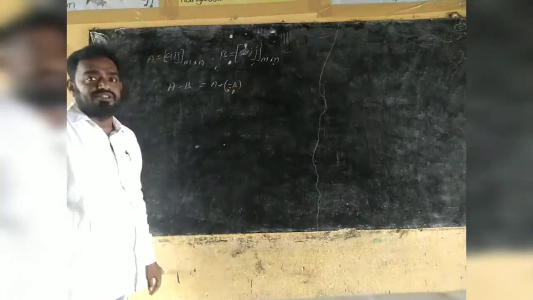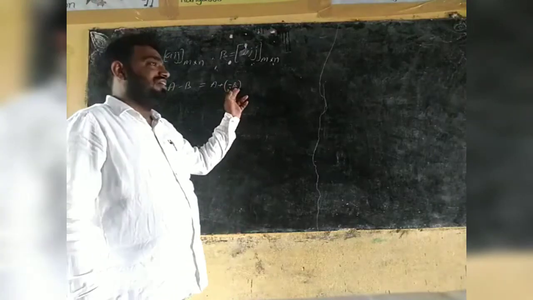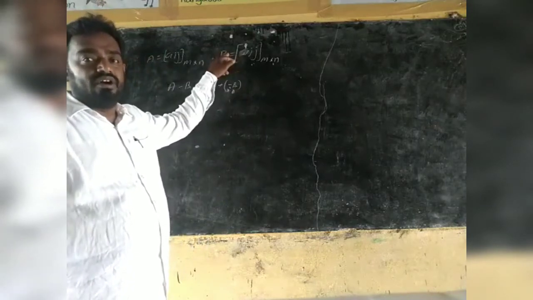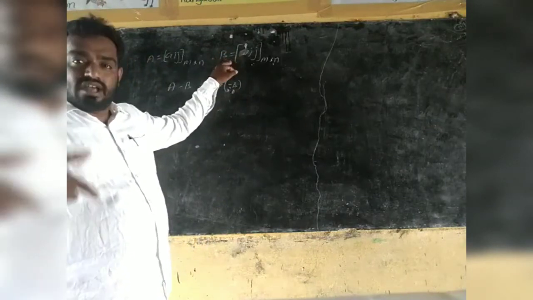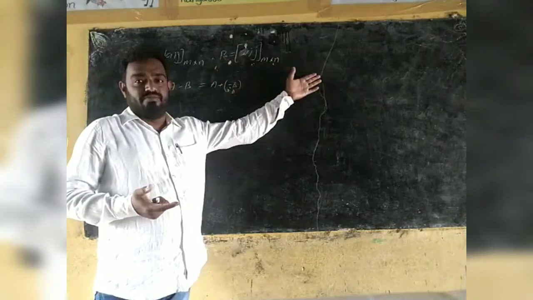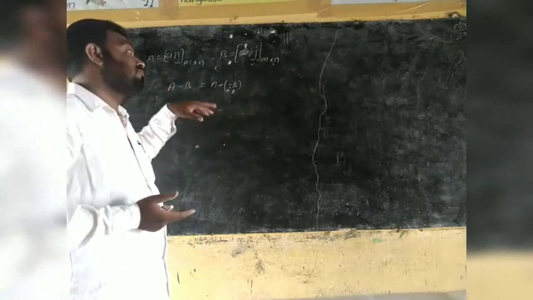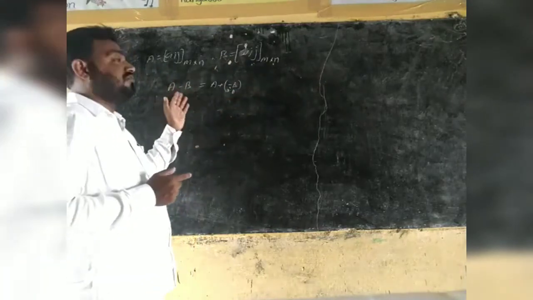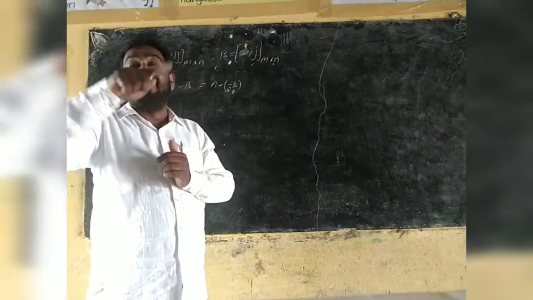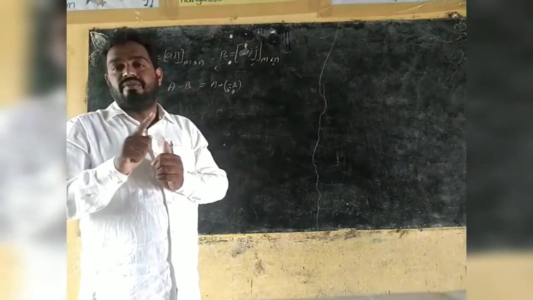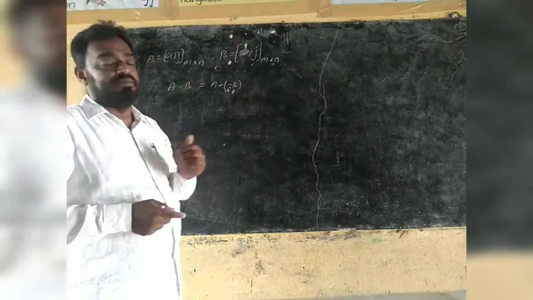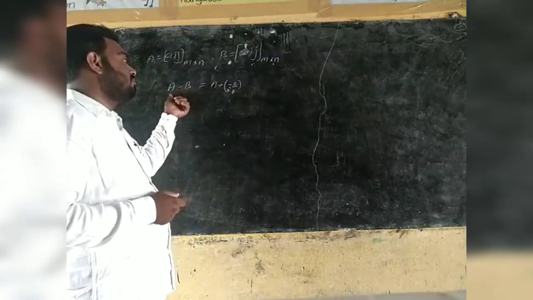What is minus B? It is the negative of the matrix B. How do we find the negative of a matrix? Every element is multiplied by minus 1. We already used this in the last property. So the difference of the matrices is nothing but the sum of the matrices A and minus B. The sum of A and minus B is the difference of the matrices A and B.